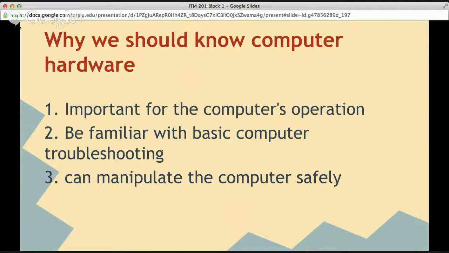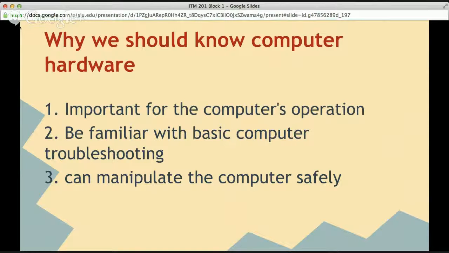So why is it also important for us to know the computer hardware? Because if we know how our computer works, we would be aware of the things that we should do in case it stopped working. The hardware of the computer is considered to be the most important because without it, it will simply not work.